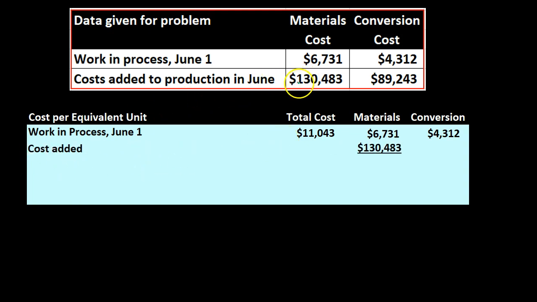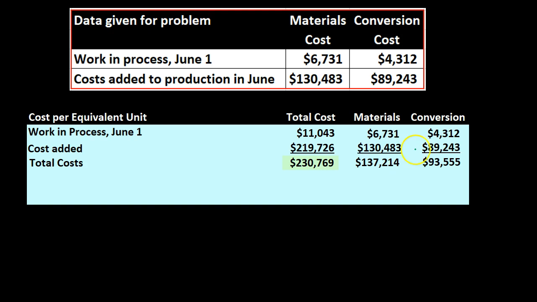Again, we're just pulling these numbers down, the 130,483, and we're pulling down the 89,243. Those add up to 219,724. If we then sum everything up or total this out, we've got the total cost, the 11,043 and the 219,726 for 237,69, and then the materials total costs for the beginning and what was added, 6,731 and 130,483, is the 137,214, and then the conversion, we have the beginning amount of 4,312, and then we added 89,243 for a total